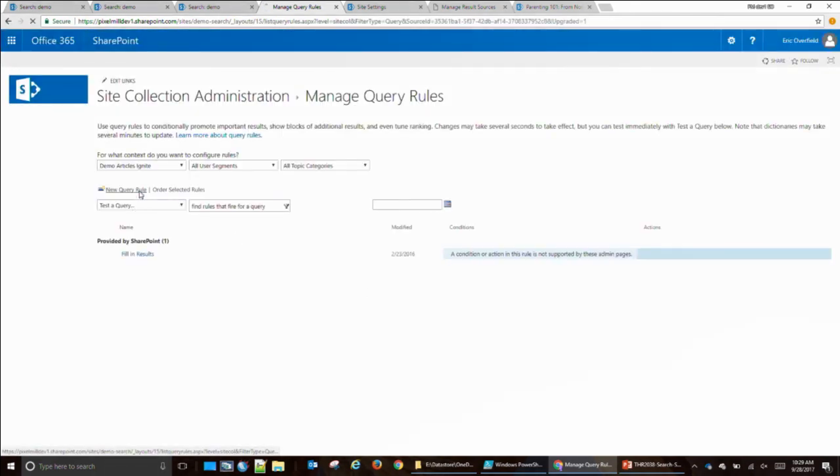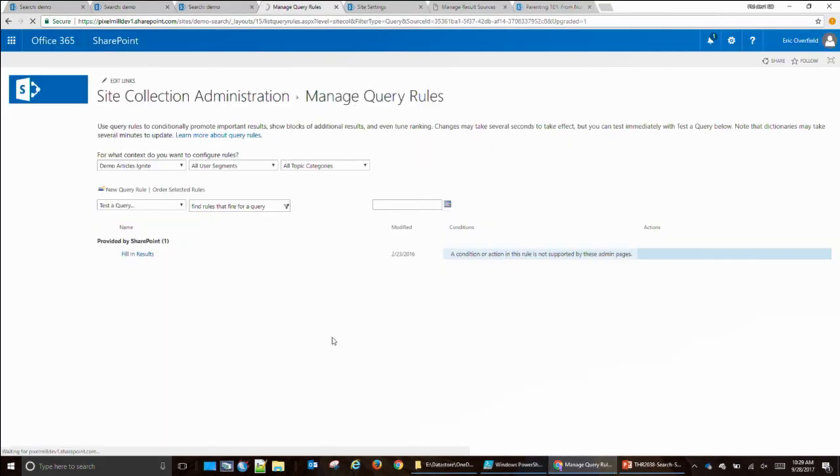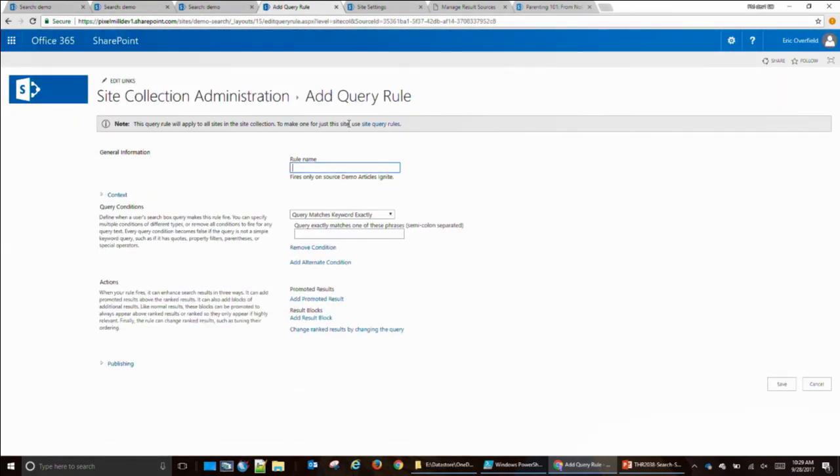So now I can build a new query rule, and I'm going to tell it to do something. What I'm going to tell it to do is if someone does a search for the word Bing, Lorem, or Ipsum, guess what my demo content has, then I want to go ahead and promote a specific result. So I'm going to say demo Lorem. I'm going to say that I want query starts with